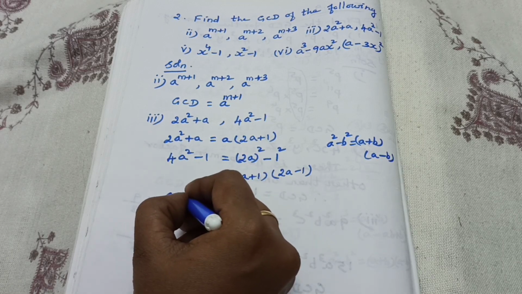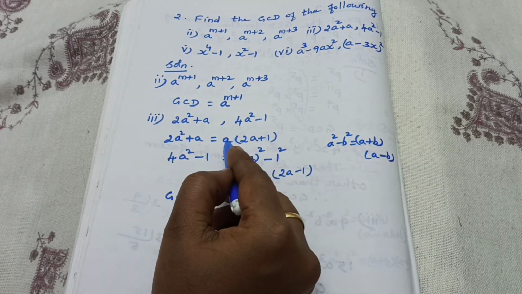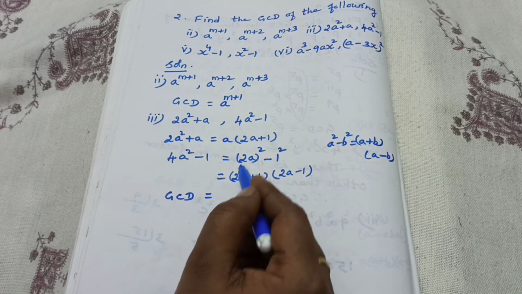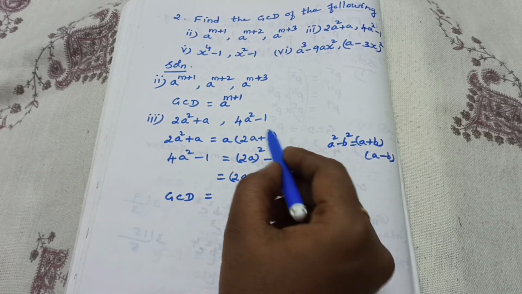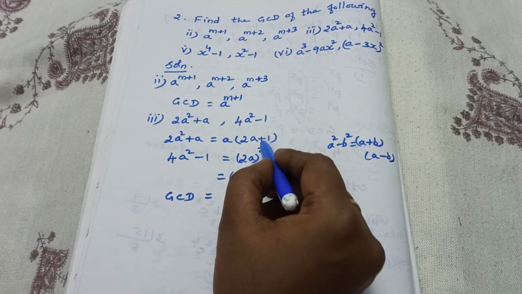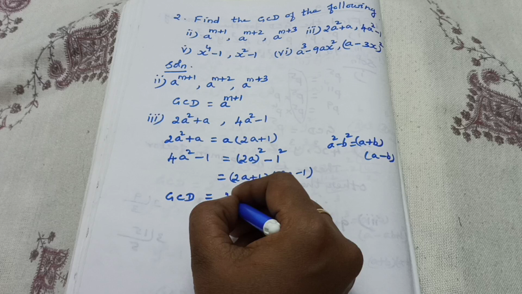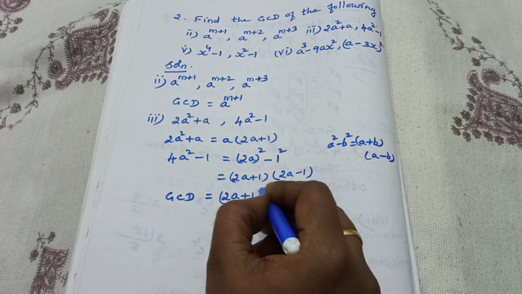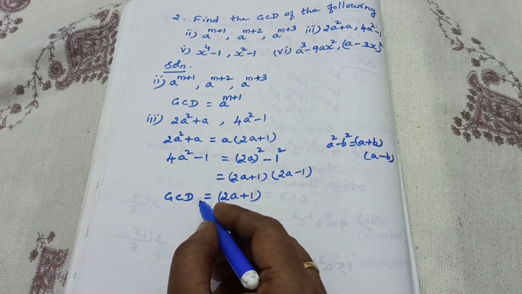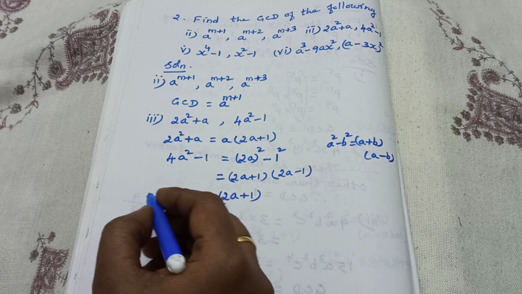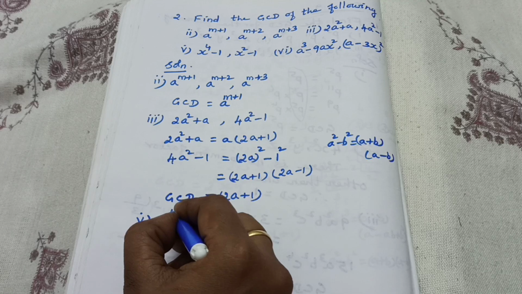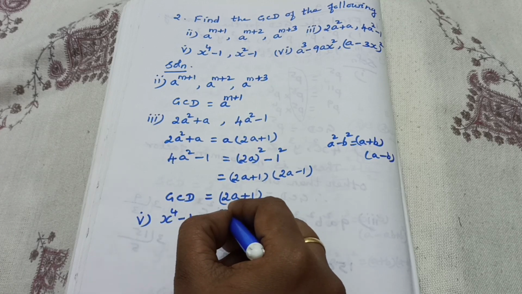Then afterwards check these two factors. Okay, GCD is equal to, here a is there, but here a is not given, isn't it? A is not given. So we cannot take it as common. Leave it. 2a plus 1. Here also 2a plus 1 is there. Both are common, which is available, 2a plus 1. Okay, remaining any other common? No. Isn't it? Any other common? No. So what's the GCD? 2a plus 1. Okay. Then fifth subdivision, x power 4 minus 1, then x square minus 1.